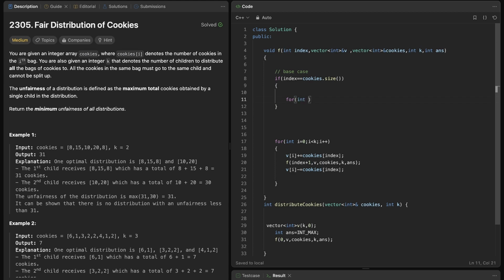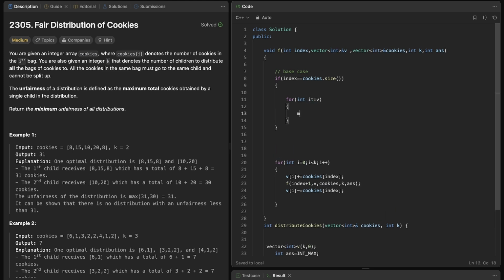Use int, don't use auto as it is very slow. Use int if you are sure of the data type which you are having in a vector. So in v, we will compare max of it comma the previous value. For that we will have a maxi variable which will have an int min value. Always to get the maximum value, you should initialize a variable with int min. So the maxi will hold the maximum